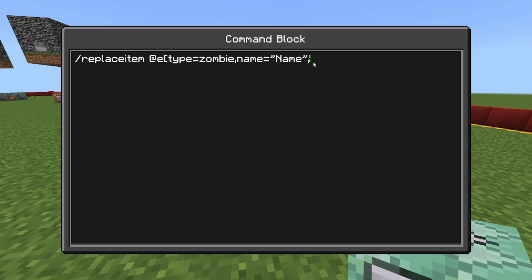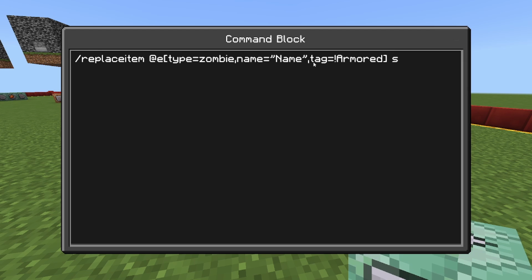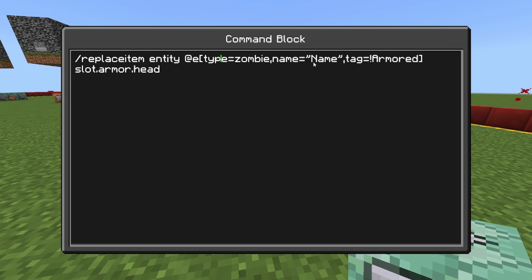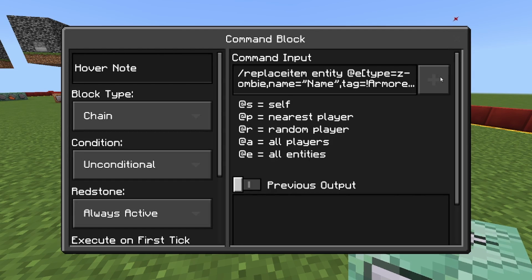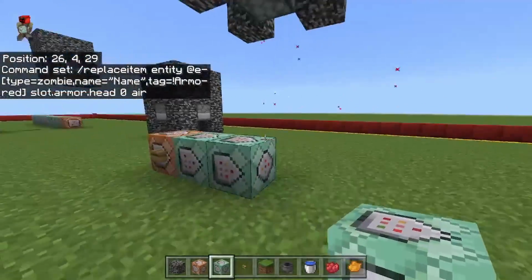And then tag equals not armored, and slot.armor.head 0 air. So basically what this does is if a zombie naturally spawns with something in its head slot,